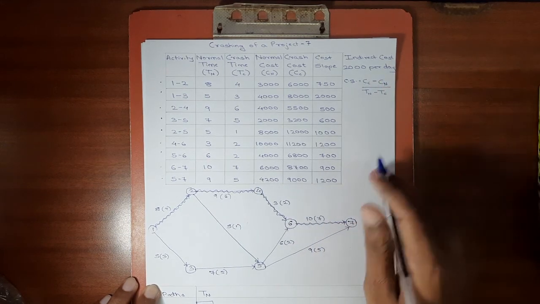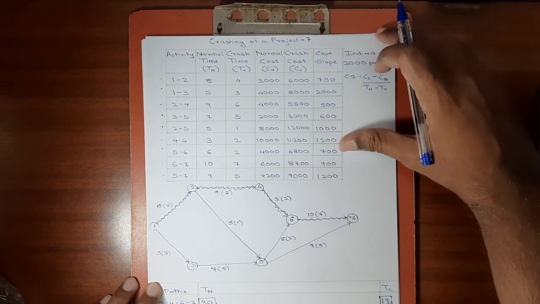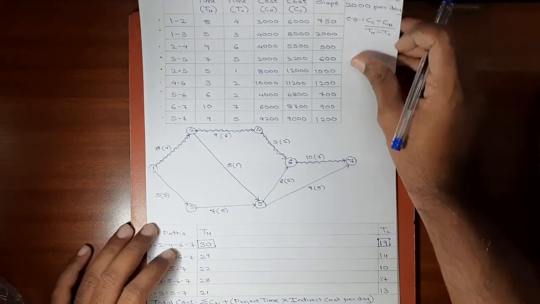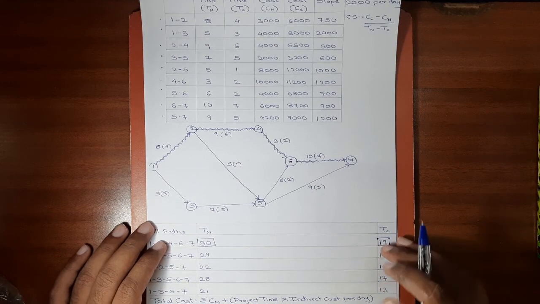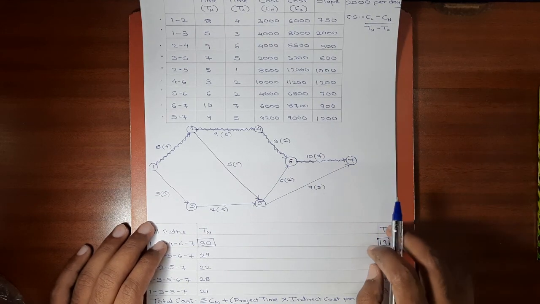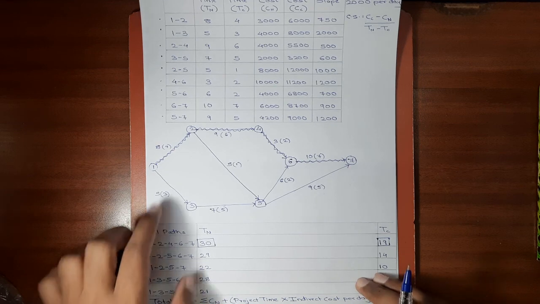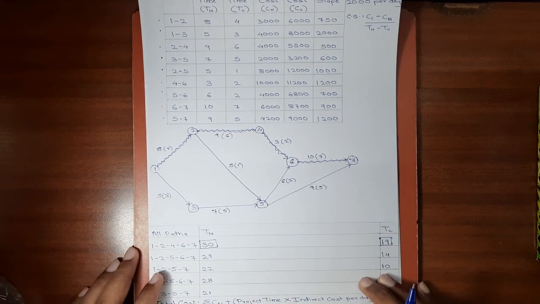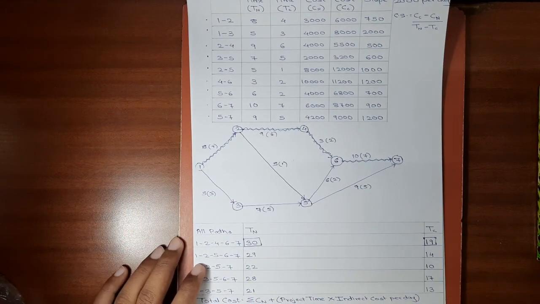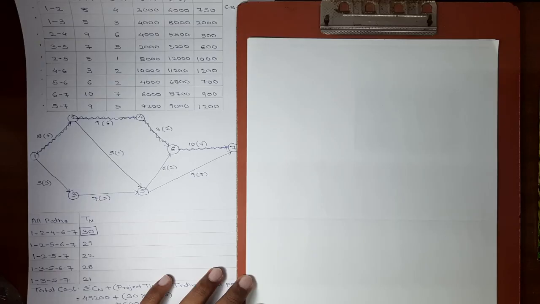Okay. We have the network diagram, we have the critical path, we have total project duration, we have cost slope of each and every activity. So now we can start with the crashing process. The rule of crashing is we have to crash that activity on the critical path first which has the least cost slope. Okay, so let's move towards crashing. Our first step of crashing will begin now. Now let's see which activity on the critical path has the least cost slope.